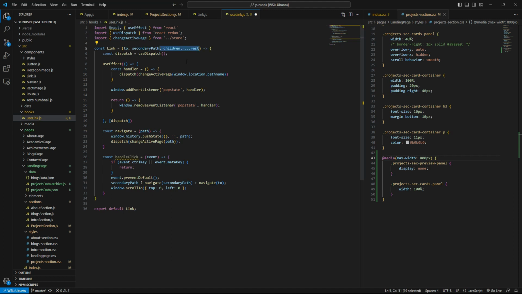Wait, okay, we were actually calling it a handle click function, right? That handle click function has to be called with event, and these things